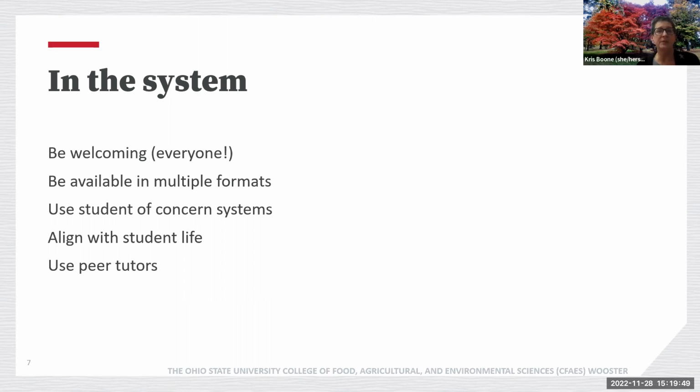The reason I call it student of concern is because our system is the student of concern, and when we put in a concern, it can come from anybody. It can come from a faculty member, a tutor, or our psychologist. It can come from lots of different places, but what it does is alert others in the system, hey, there might be something going on with this student, we better check it out. Then our whole support staff in that area engages with that process, and we try to suss out what's going on, and those kinds of things can really help.